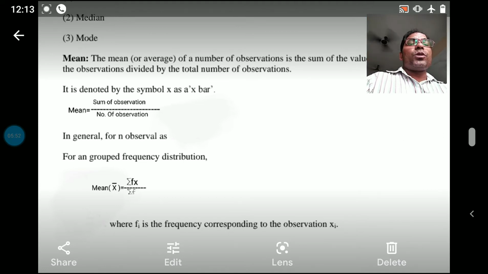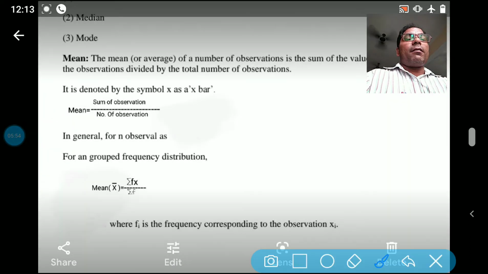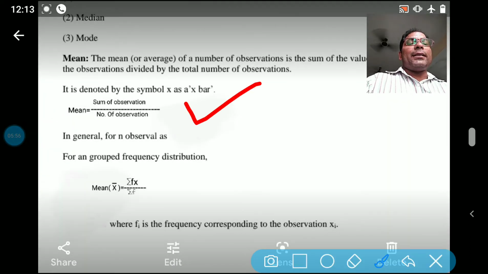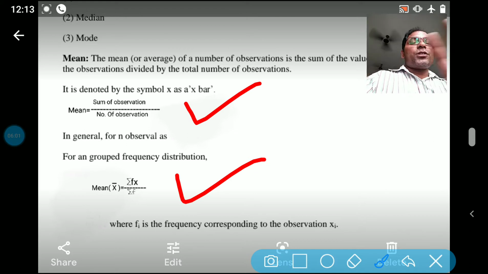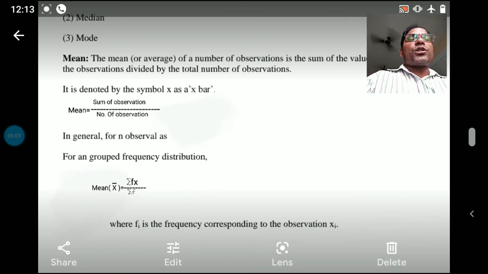I hope you understood both these formulas. This is the general method, okay, and this is another method to find the mean when tabular form is given. So this is the way. And the next one,